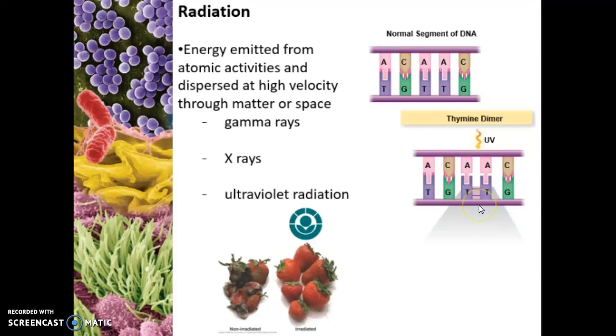And as we learned from Chapter 8, random nucleotides could end up leading to mutations. Mutations could lead to funky proteins, inactive proteins, oncogenes, those type of things. So we want to avoid radiation to our cells, but we can use it to do this to bacteria cells